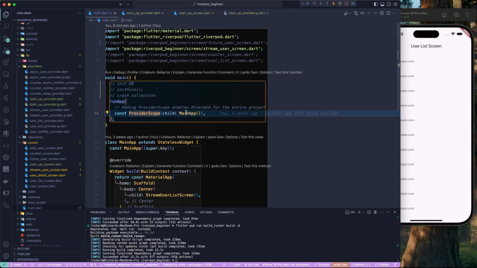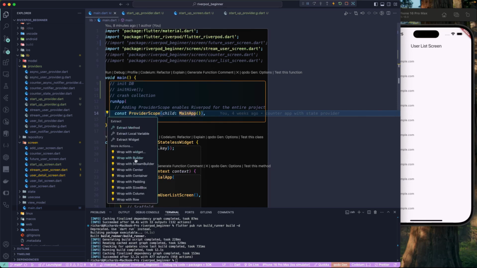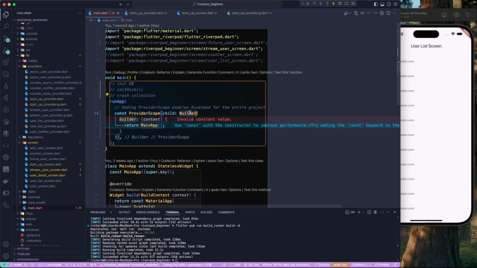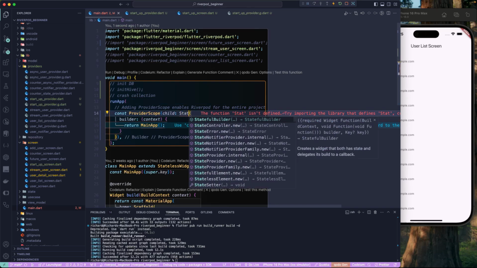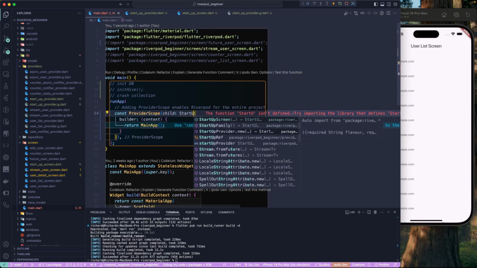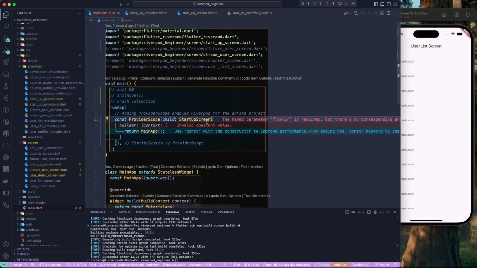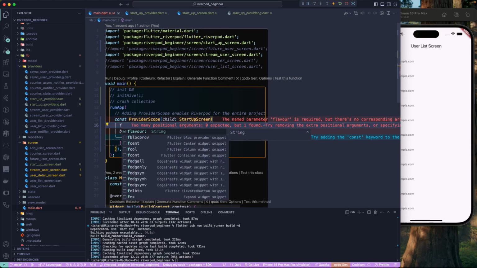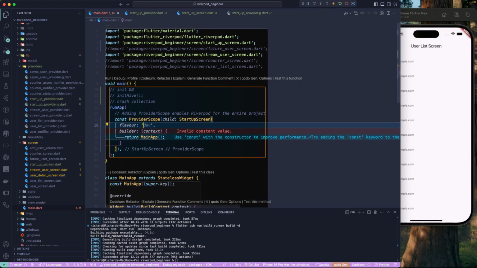And once in the provider scope, what we need to do is wrap this with the builder, and this builder will be of the startup screen that we just built. And here we need to pass in the first is the flavor. So let's say a flavor, I just want to pass in the dev,